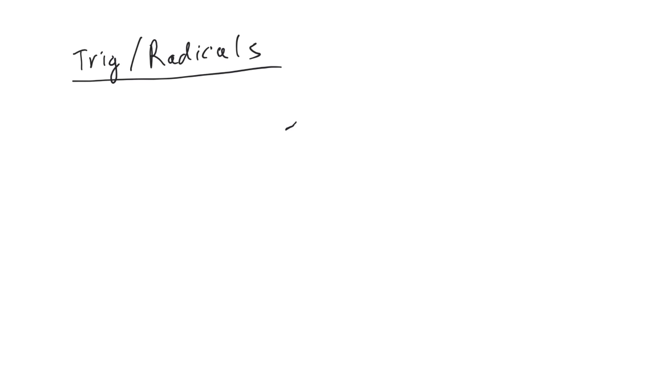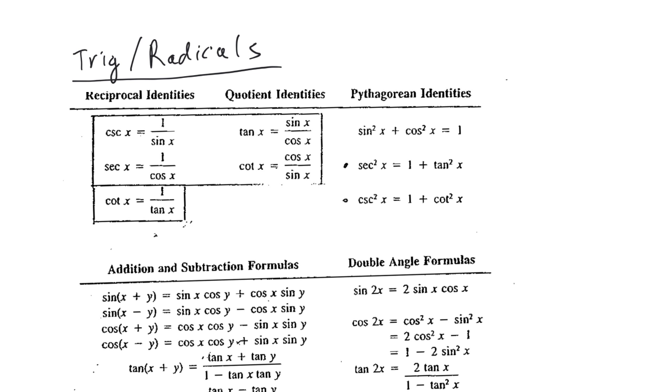So what we're going to do is talk about radicals with trig. We're going to use that to solve a lot of problems today. But preliminaries, we need to identify some new concepts. In addition to all these identities that we were looking at before, the reciprocal identities, the quotient identities, and the Pythagorean identities, we're also going to look at